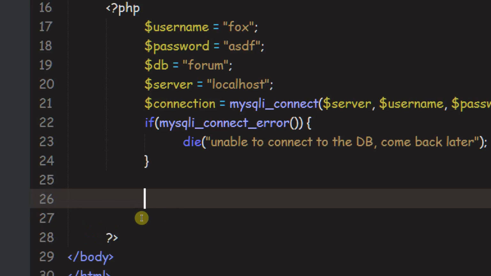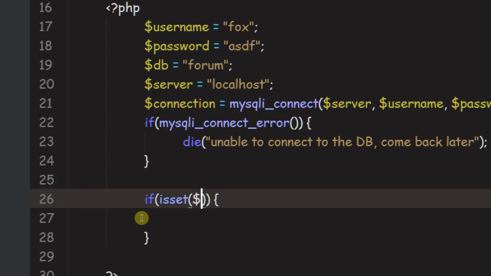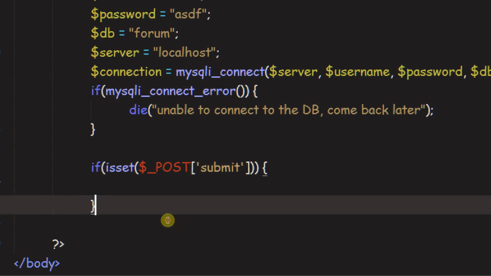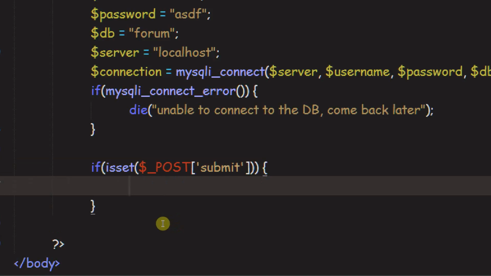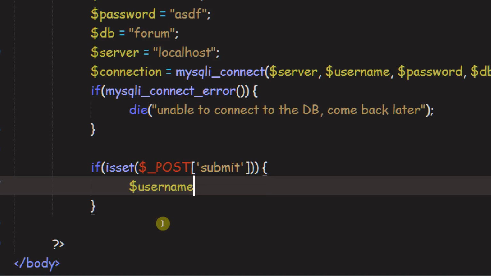So first we want to check to see if that button was pushed. So to do that, we will create an if statement, and inside it we're going to say isset, and we want to check if $_POST, because we're getting data from that form. So if that post of, I think we called it submit, was checked, so if the button with the name of submit was pushed, we want to do some stuff. And the stuff we want to do is $username equals, or no, $alias, sorry. Alias is going to be equal to $_POST, and then in here,